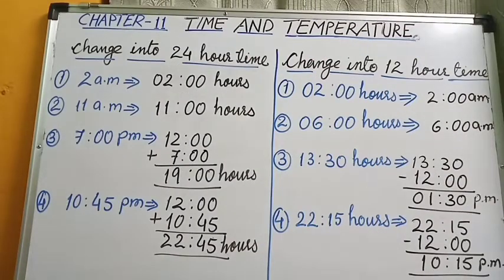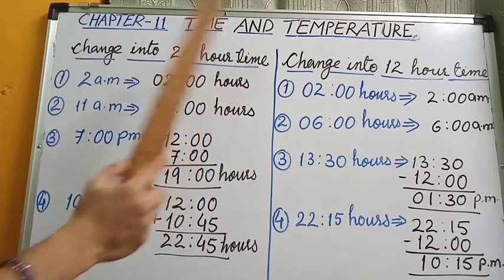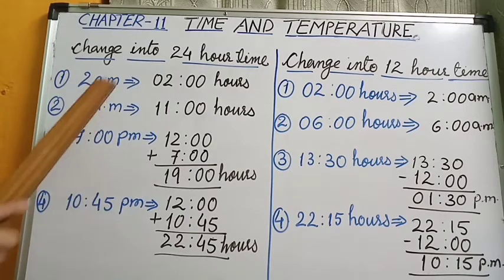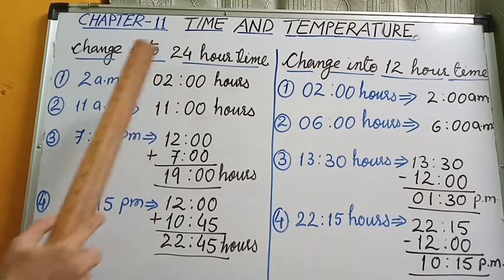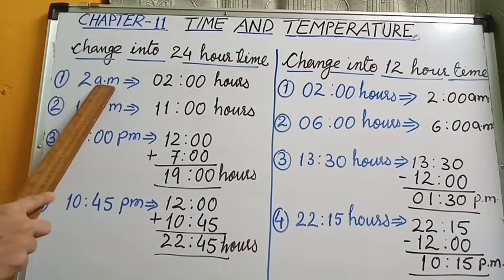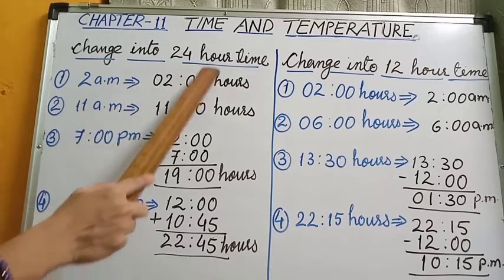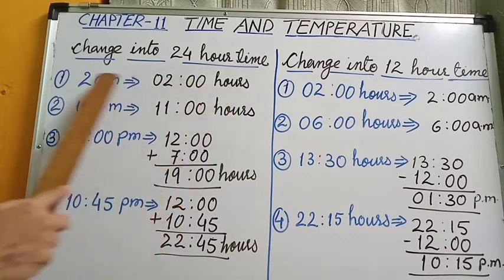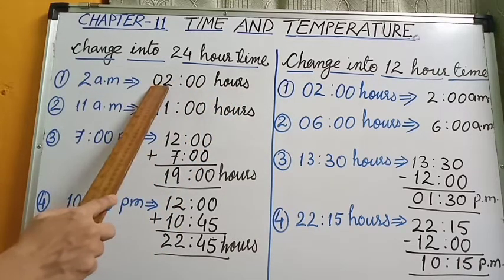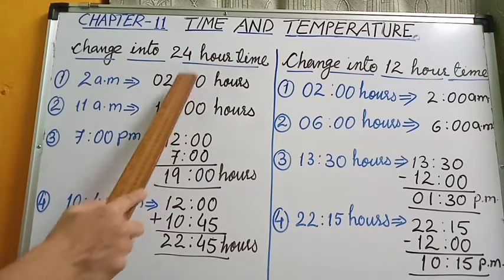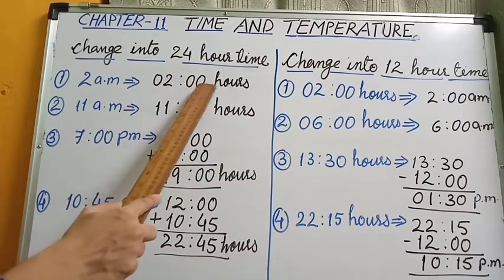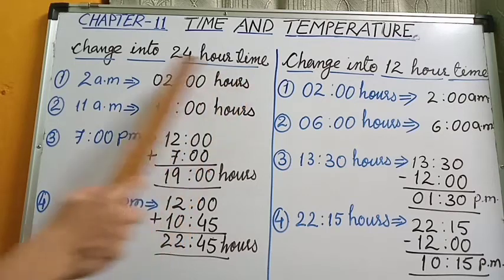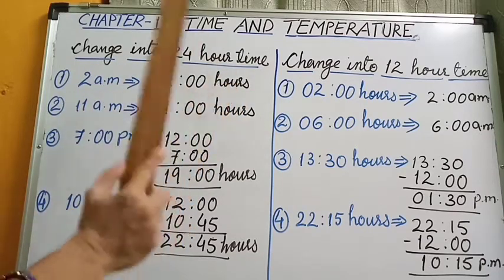Children, let's learn how to convert 12-hour time clock to 24-hour time clock. Here the time is given in AM and PM, that means it is 12-hour time clock, and we have to convert this time into 24-hour time clock. So when the time is given in AM, we don't have to change the digits. We have to remove AM and add hours. So the time is 0200, because in 4 digits we have to represent 24-hour time clock. 24-hour time follows hours. So we write hours. 2 AM, that is 0200 hours.